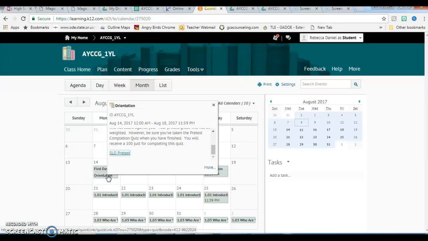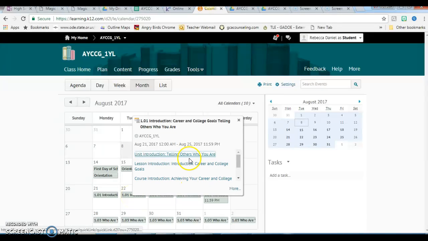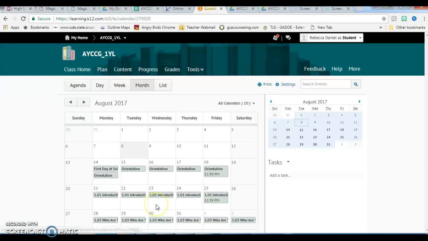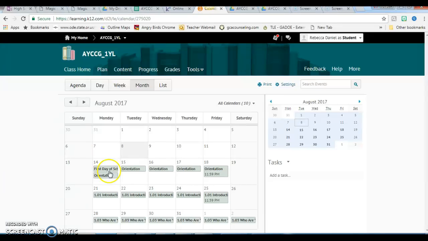Okay. So if you click on orientation, it has the pretest, a link. It'll take you to the pretest there too. So I have the title of the lessons, and if you look, these are what you're expected to read for that week. So your textbook is essentially in our class, and there are readings, and they're all very short. But if you click there and click on these, it'll take you to the things you're supposed to read for that week,